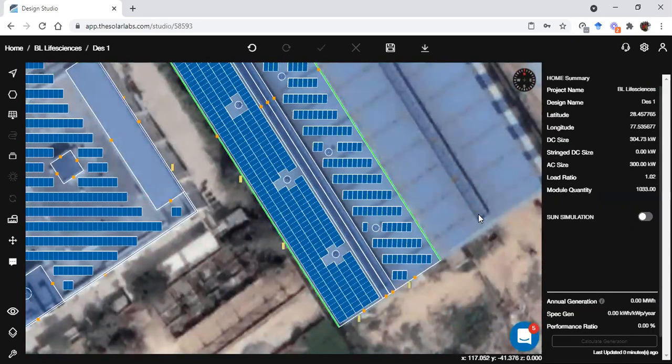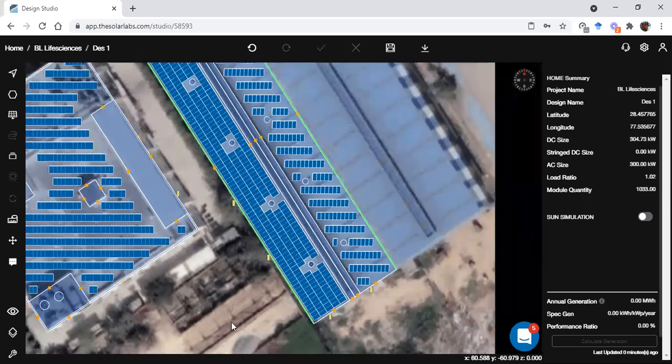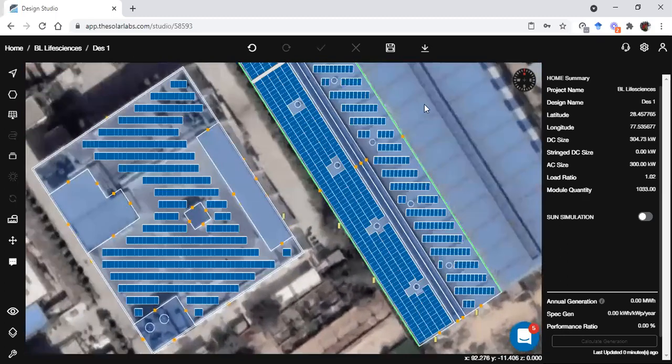Now we can see my AC size has been updated to 300 kilowatt as I have placed 5 inverters of 60 kilowatt, and my load ratio is 1.02. So like this, you can place inverters. If you save it,